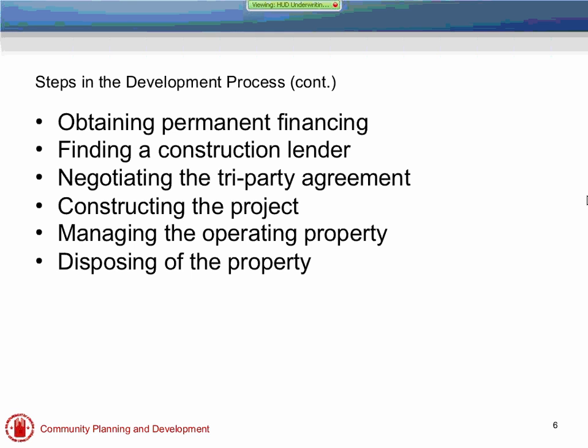Any HOME programs can easily be 5 to 15 years, CDBG. So just depending on the types of programs that are involved on the property, the disposition of the property is very important to look at early on and not as it comes down to time to actually dispose of the property.